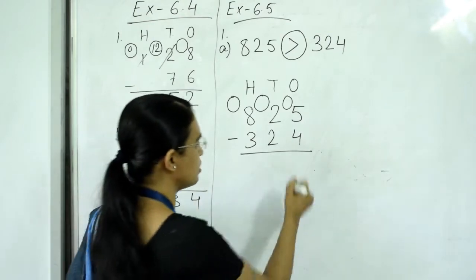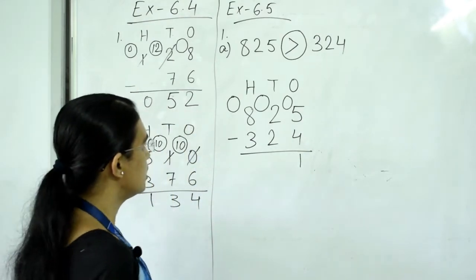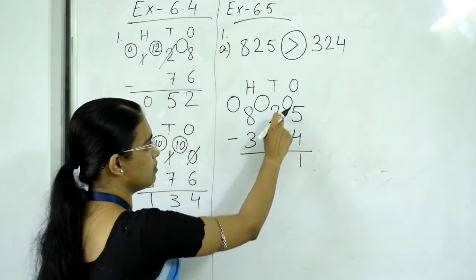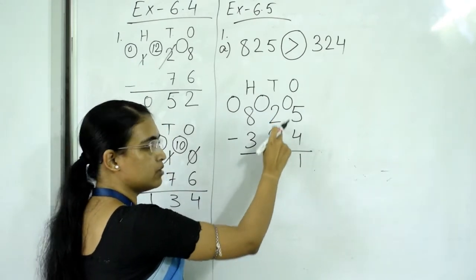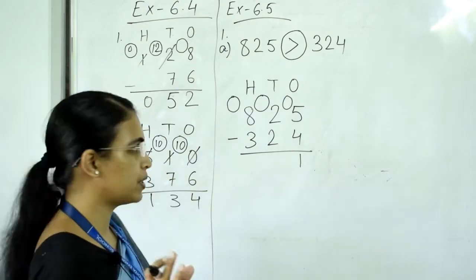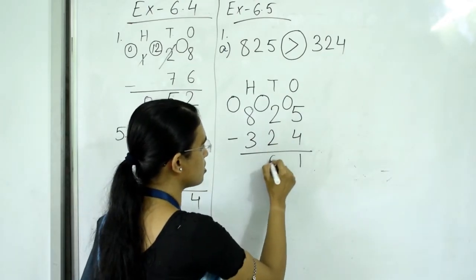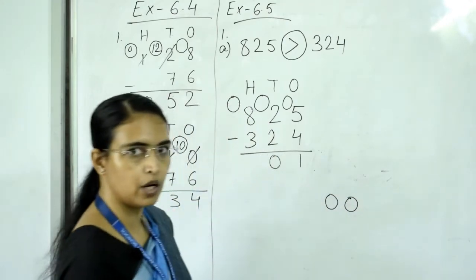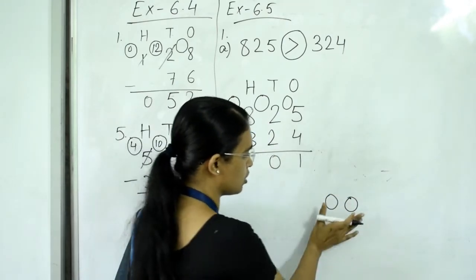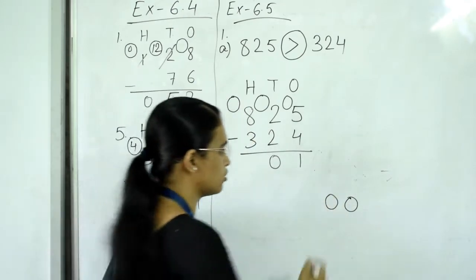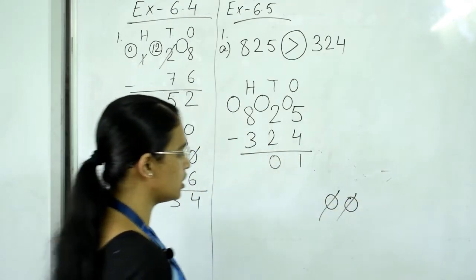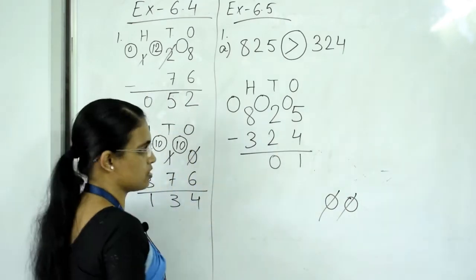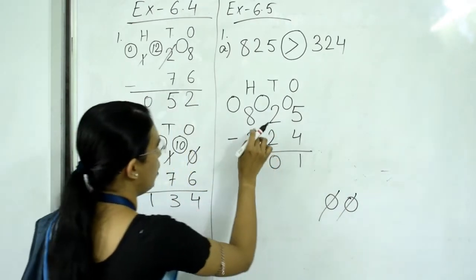5. That means 1. Now here we have 2, and at the bottom we also have 2. Both the numbers are the same. When both the numbers are the same, in subtraction it becomes 0. 2 minus 2 is 0. Suppose you have 2 balls. You give these 2 balls to your sister. How many balls are left with you? Nothing. That means 0. Now next is,